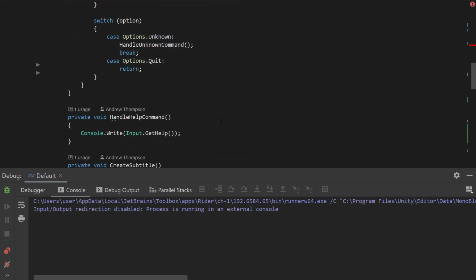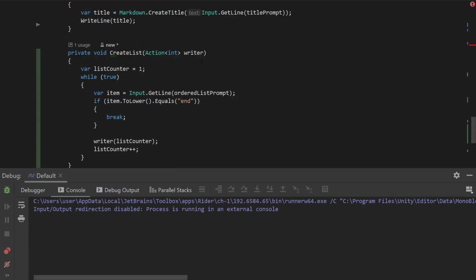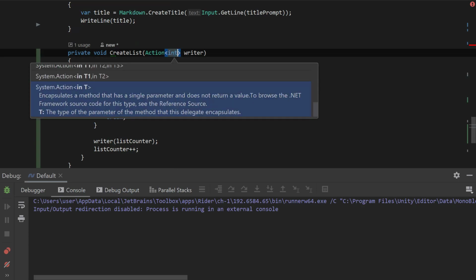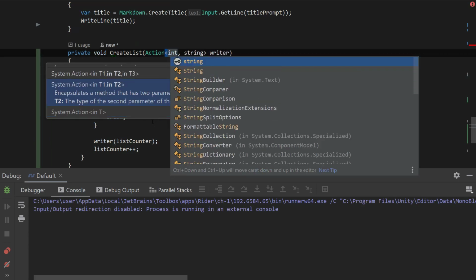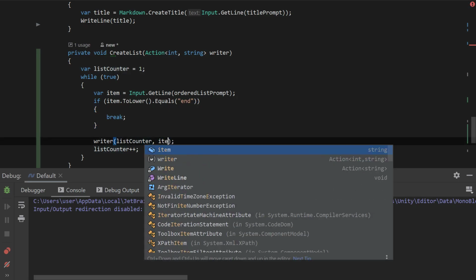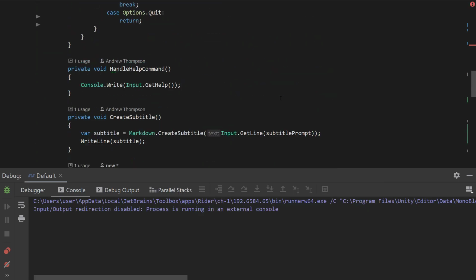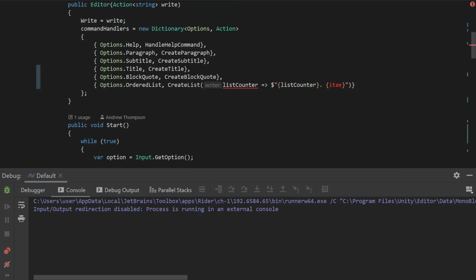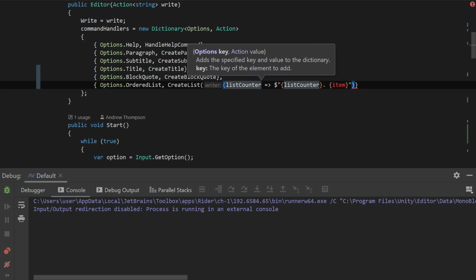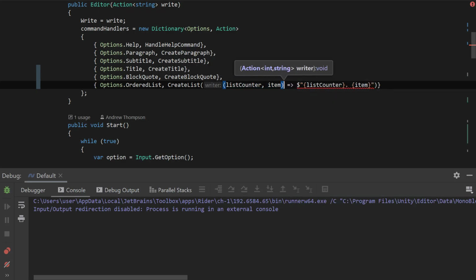We need to pass in the item as well, so it's going to be an action of int and string, and then we'll pass it the item when we call it. This saves us writing an almost identical method to handle